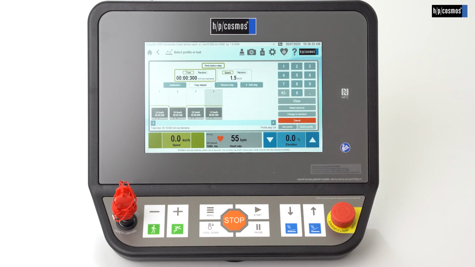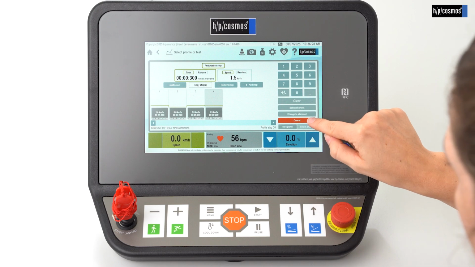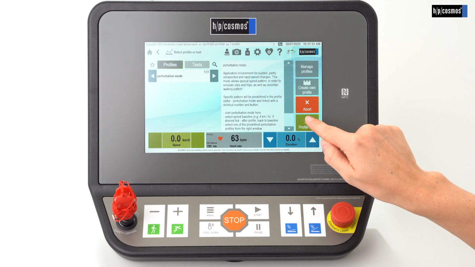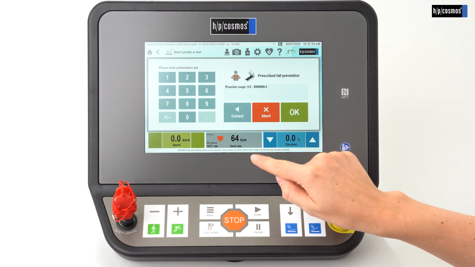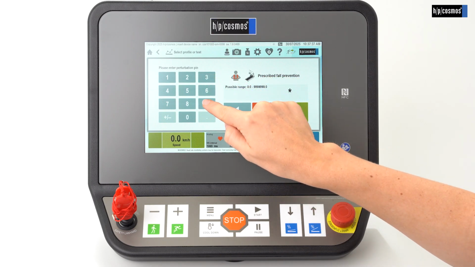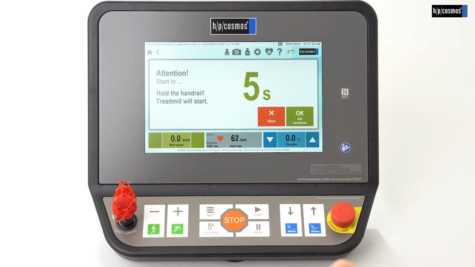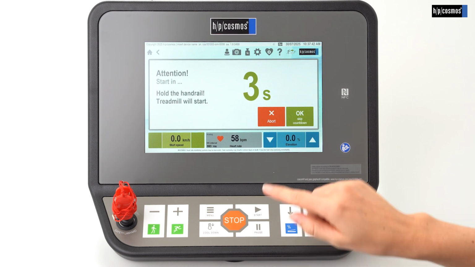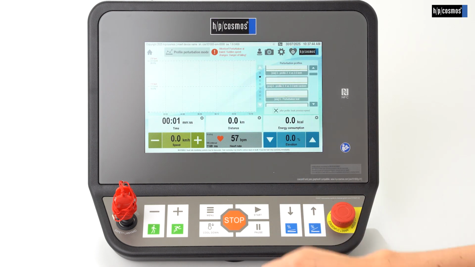Let's get back to the Profiles and Tests menu and start the perturbation mode again. Start the perturbation mode again with base speed of 2 km/h.